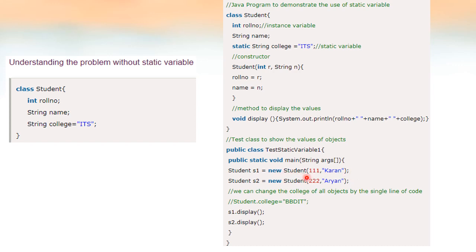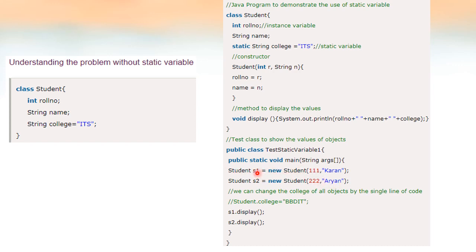And see how we are creating the object. We have to call the constructor. Constructor is a method having the same name as that of the class. So I am calling the constructor here, and I am passing two parameters because it is mentioned here that this constructor has to get two parameters to work properly. So I have to pass two parameters, and their order is: first one is integer and second one is string. Here also first one is integer, second one is string.